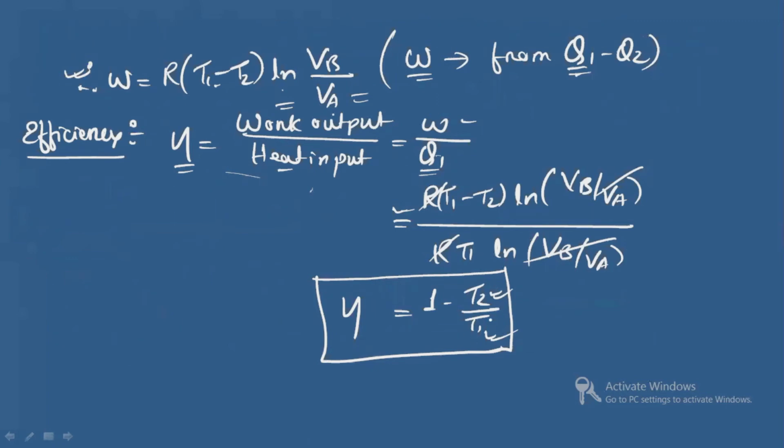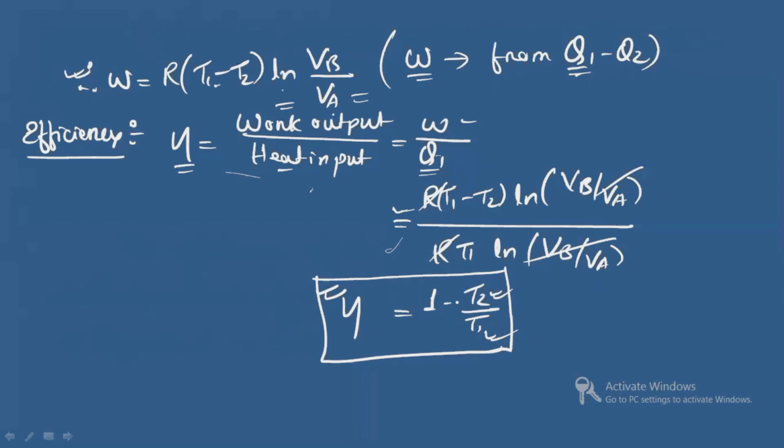So you see here the efficiency, this eta, this is the temperature of the sink, this is the temperature of the source. That means the efficiency of the Carnot engine depends upon the temperature of the source and the sink. It is not depending upon the working substance. This is the first thing. Second thing, you see, if you want the efficiency to be 1,